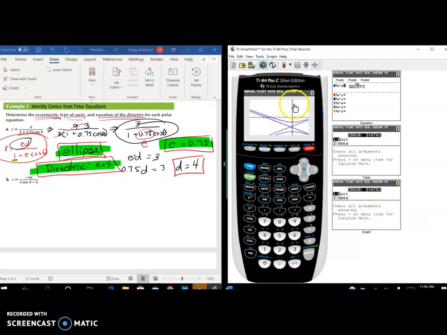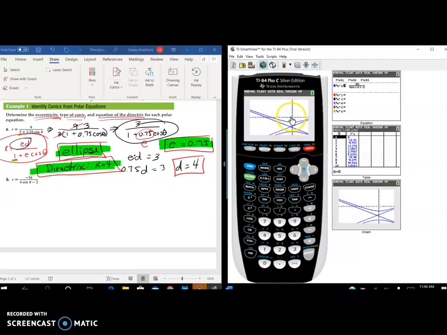Okay, so hopefully you can see what's happening here, but I'm going to again change our graph just a little bit because I have the center of my graph in the middle. So I am going to